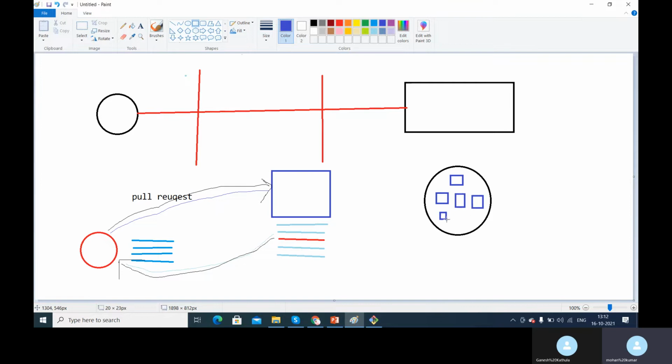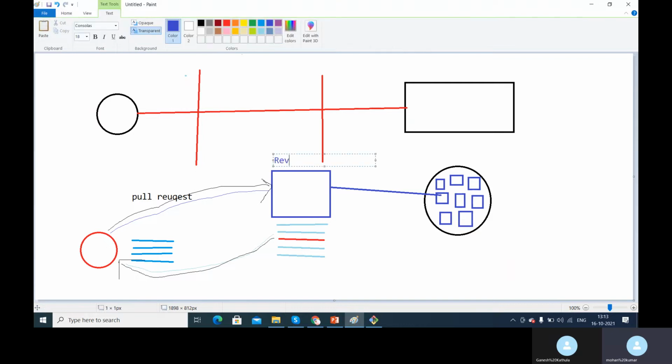Not only you, there will be n number of people working on the team who will follow the same process. They will get their code reviewed by someone who will be the reviewer, the team manager or the architect. He will review the code and this process goes on between the one who developed and the reviewer. Once it is approved, that will be pushed onto the production branch. So the reviewed copy will be put onto the production. This is how the pull request cycle moves on.